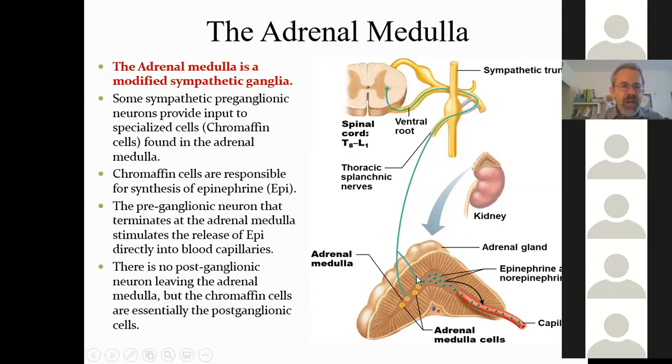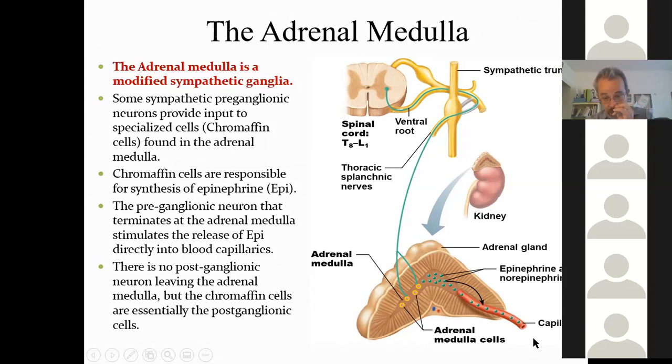With the adrenal medulla, it's very different. The preganglionic neuron, instead of being short, goes all the way to the adrenal gland, where it directly stimulates cells of the adrenal gland called chromaffin cells. You can see them right here. These chromaffin cells respond by producing norepinephrine, like we saw before, as well as epinephrine